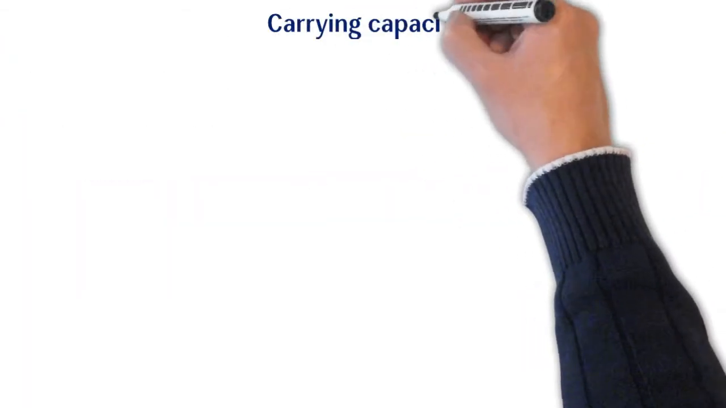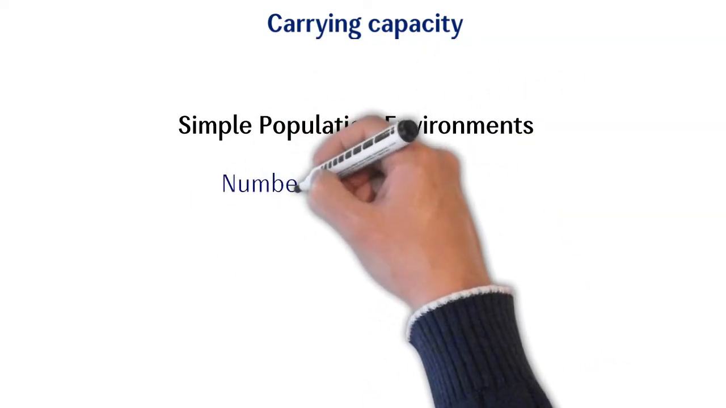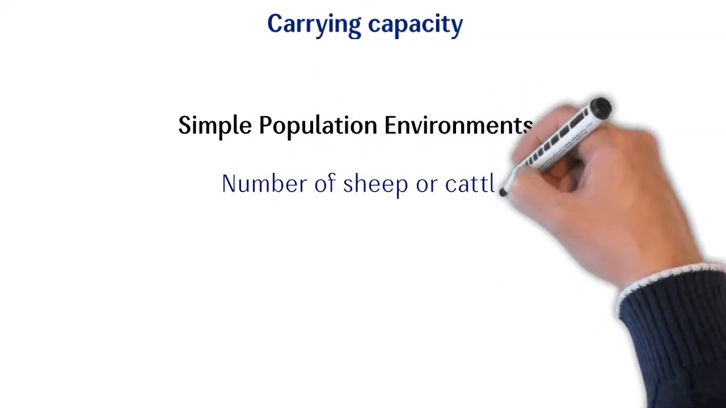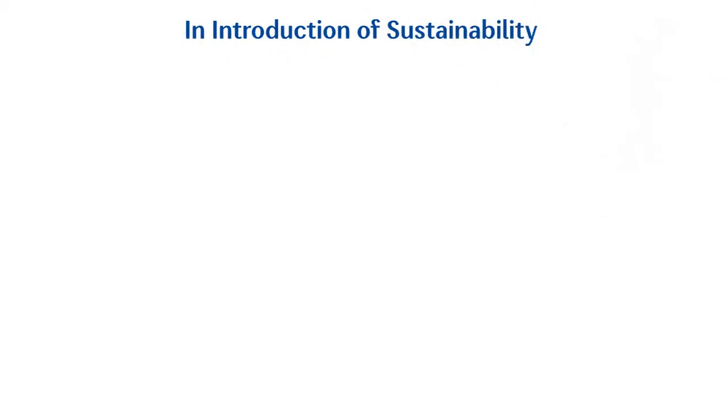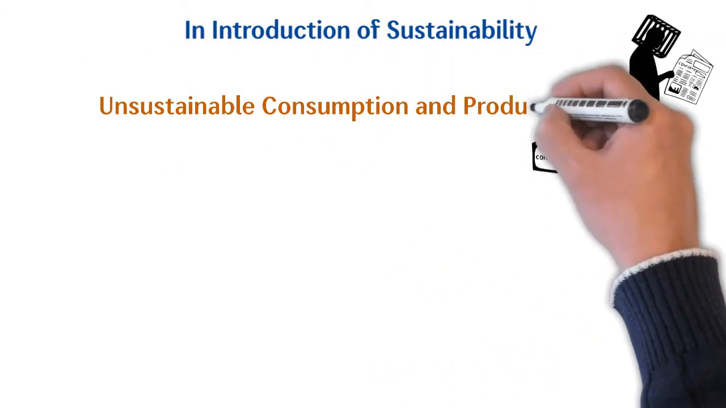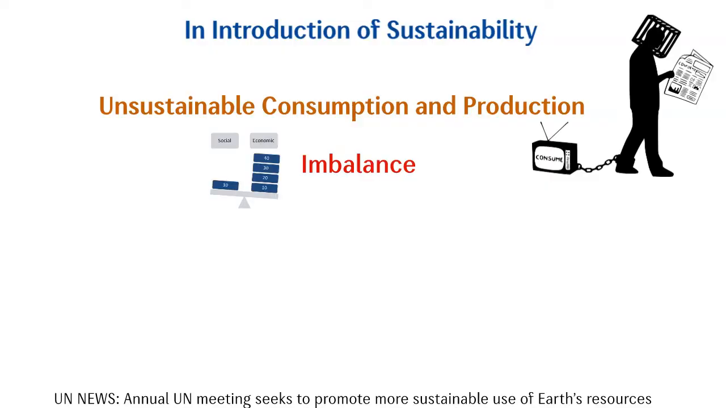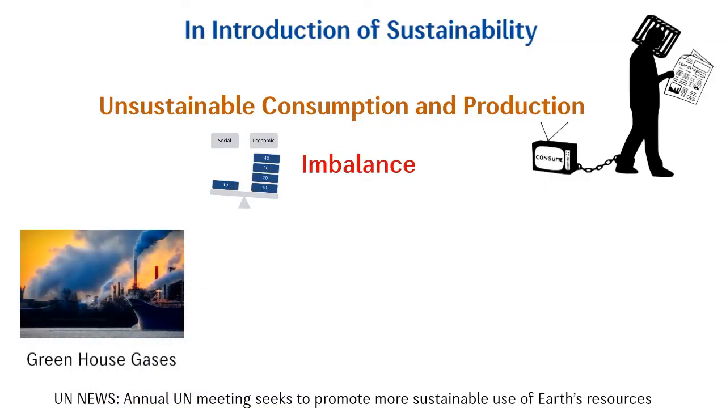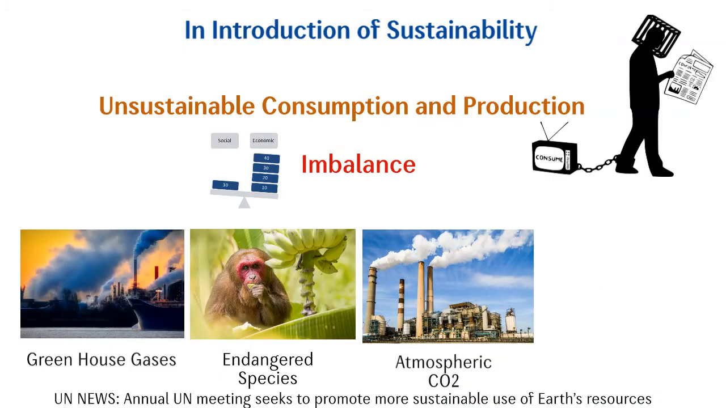Carrying capacity was originally applied to relatively simple population environments, such as the number of sheep or cattle that could be maintained on grazing land without degrading the land. As we have seen in the introduction of sustainability, globally unsustainable consumption and production threatens to exceed the capacity of nature to sustain life forms. This imbalance can be obviously seen whether we look at greenhouse gases, number of endangered species, increased atmospheric CO2 concentration,